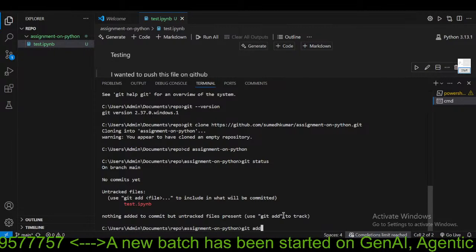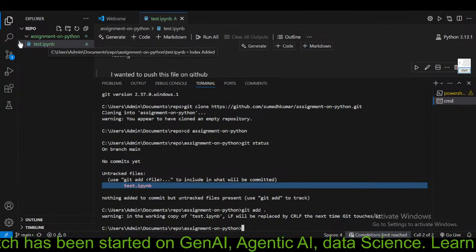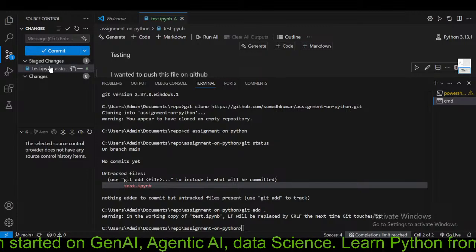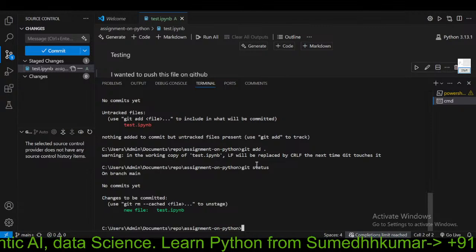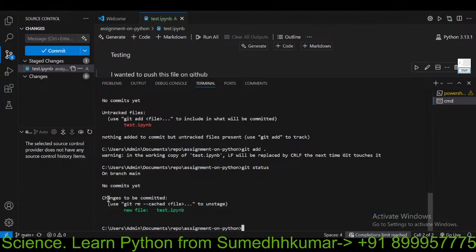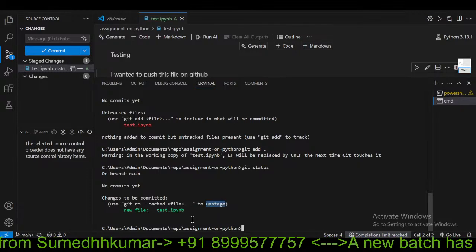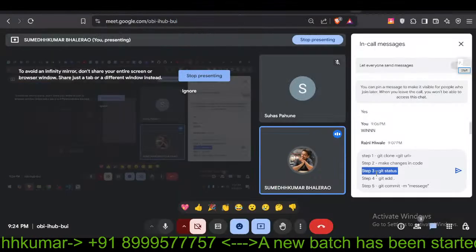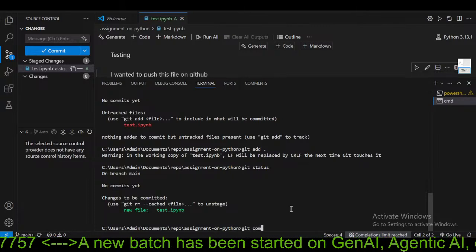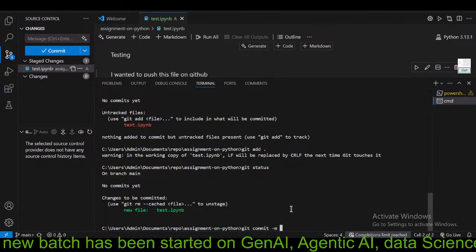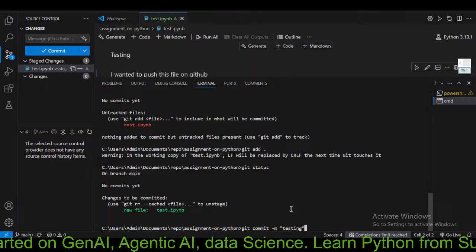Now we will say git add . सो अभी जो ये red में है ये stage हो चुका है, ठीक है, अगर यहाँ पर भी check करोगे, so this is now staged, ठीक है, जो भी changes हैं वो stage हो गए। अगर मैं git status करता हूँ फिर से, तो you can see ये सारे changes stage हो चुके हैं। Changes to be committed, अभी ये commit करना बाकी है। Now the next step is git commit, ठीक है। What is the next stage, git commit -m, और यहाँ पर मैं डालूंगा testing, ठीक है, बस मैंने testing डाल दिया।